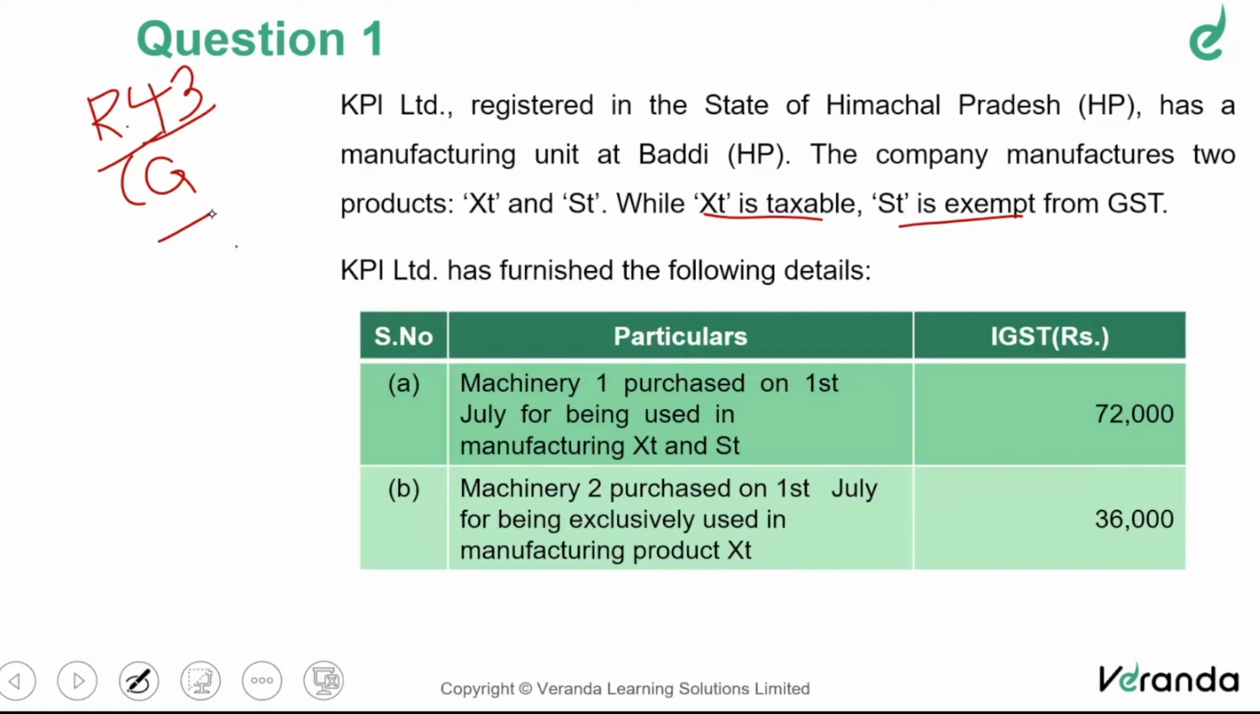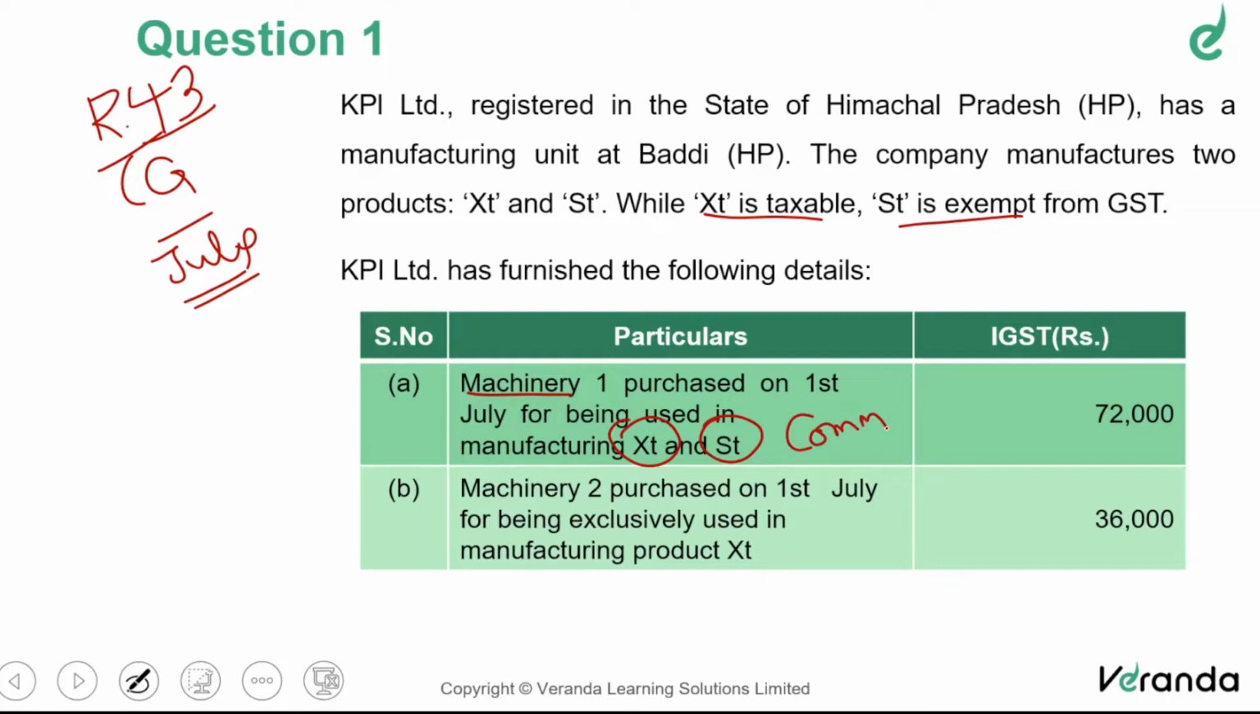So machinery 1 is purchased on 1st of July. The question is also, I guess, involving the month of July, so we can keep that in mind. Machinery 1 purchased on 1st of July, beginning of the month, used for manufacturing both the taxable product as well as the exempt product. Please note, XT is taxable, ST is exempt. So it is used for both taxable as well as exempt product. Therefore, this is typically what we call a common capital good